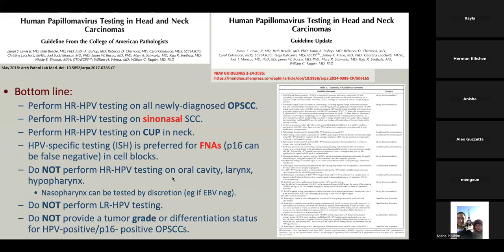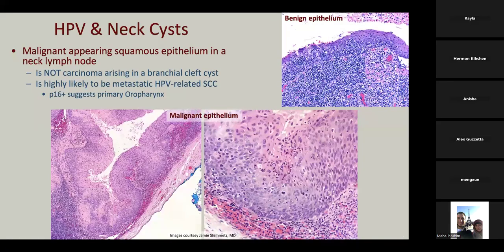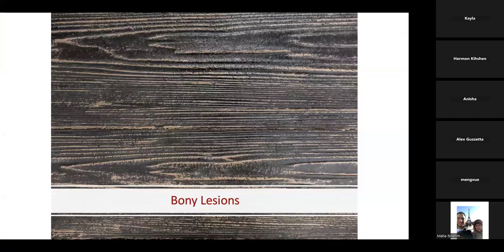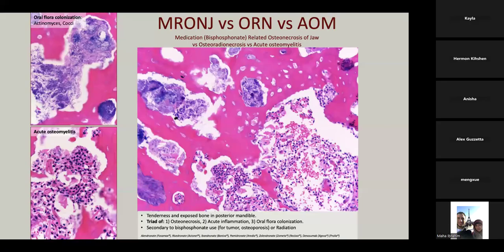sensitive and more specific. We do not provide tumor grade or differentiation status for viral cancers because even though these are very blue, very basaloid, very quote unquote poorly differentiated, they do not behave as such. If you see malignant epithelium in a neck cyst or a neck lymph node, this is not carcinoma arising in a branchial cleft cyst. This is metastatic squamous cell carcinoma, likely HPV, do your HPV testing. Okay, so we're gonna move deeper into the